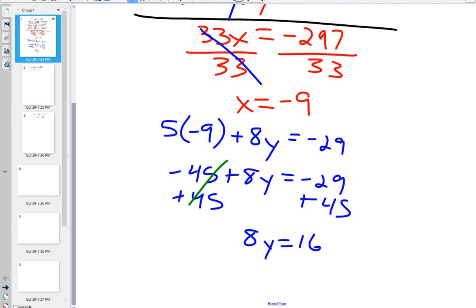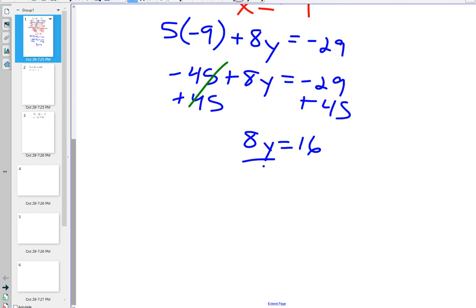8y is equal to 16. Divide by 8, divide by 8. So y is equal to 2. I don't know if this is a good thing or a bad thing, but an entire third of when you solve these,